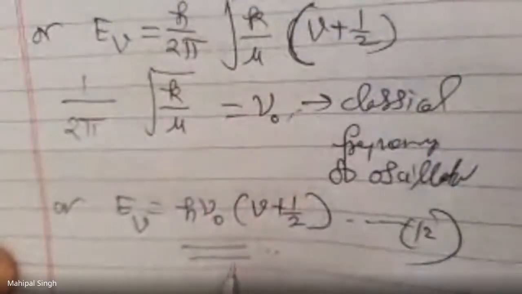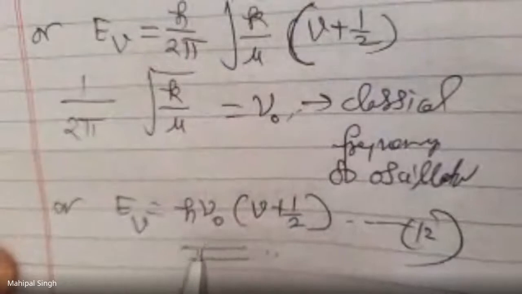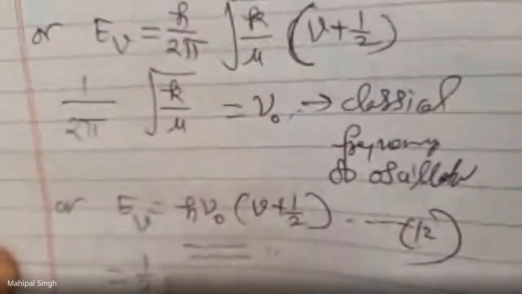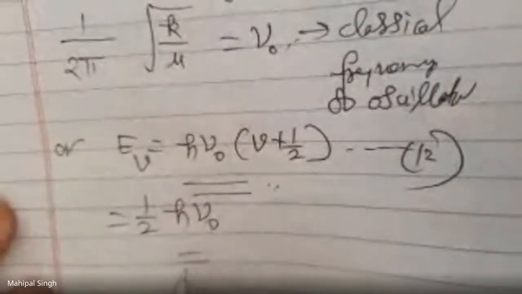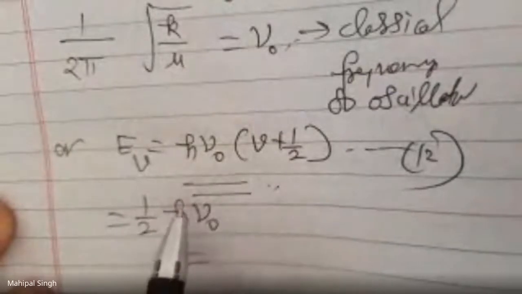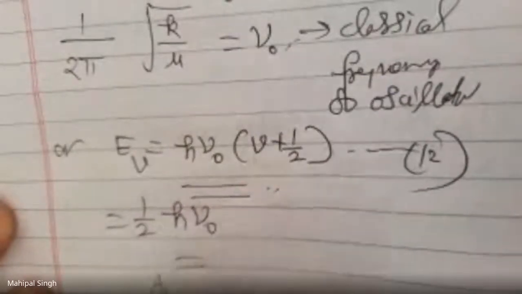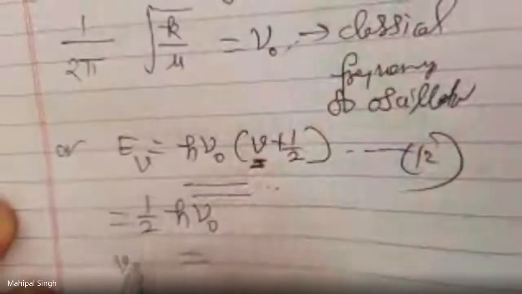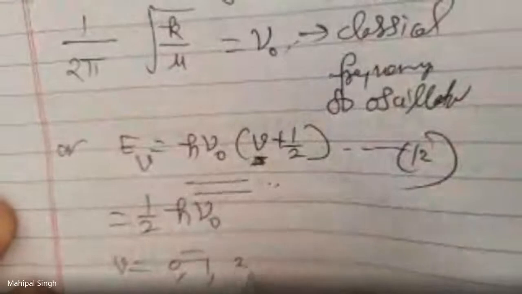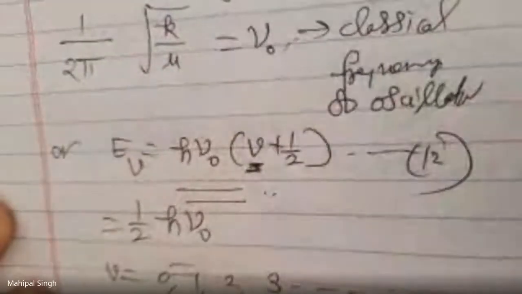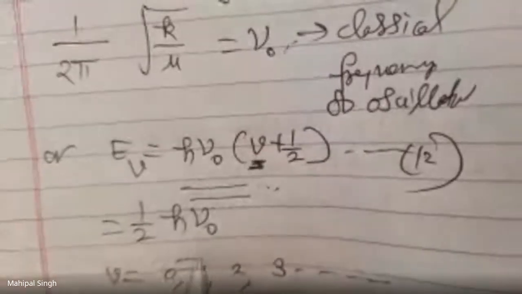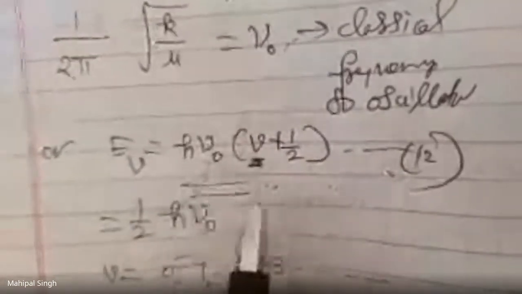A special feature of the quantum mechanical oscillator is the existence of zero point energy, that is equal to 1 by 2 h nu 0. This is the zero point energy. Here v is the vibrational quantum number, and it is equal to 0, 1, 2, 3, and so on. Now putting the value of nu 0 from equation 4 in equation 12, we get